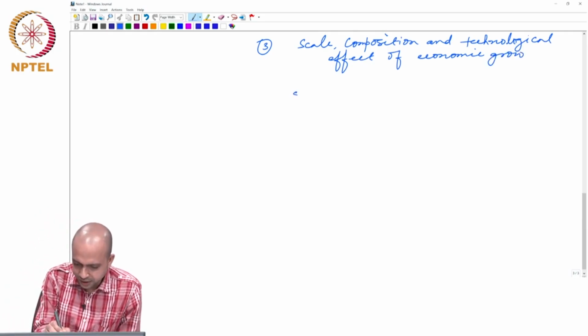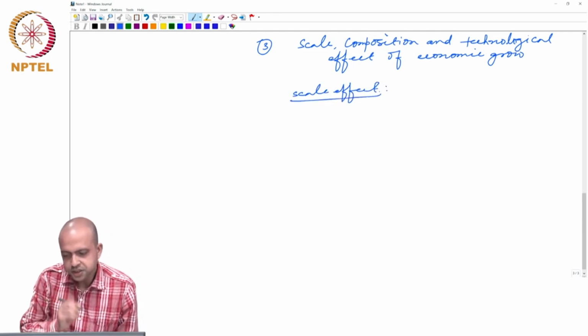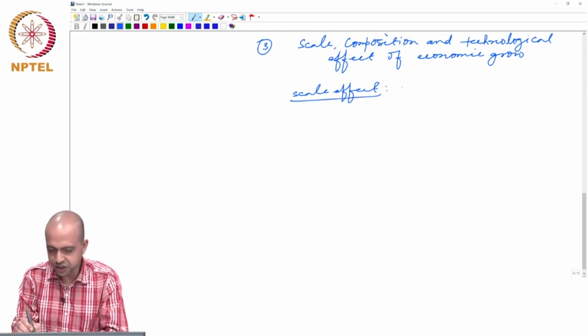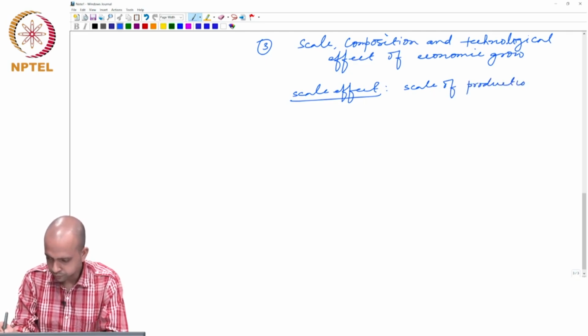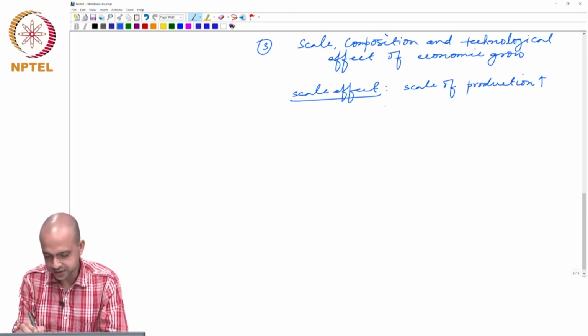Now, what is the scale effect? Scale effect basically says when the economy grows, scale of production increases. When scale of production increases, that leads to more demand for